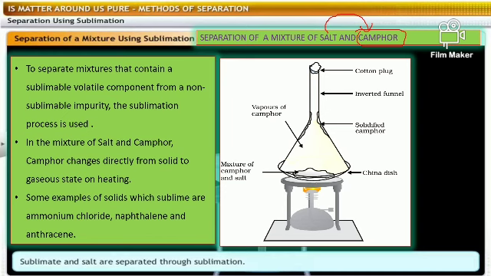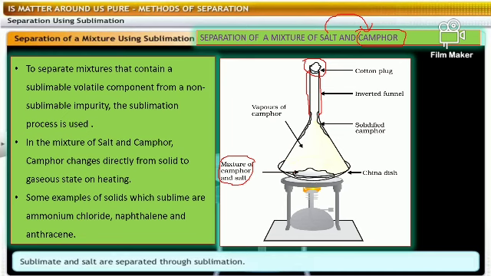Okay. So what we are doing here? We are taking a watch glass that contains the mixture. We are putting an inverted funnel here. At last it is closed using a cotton plug. The surface, or you can see this tube, can be made wet using cotton. What we are doing now? We are heating the mixture.